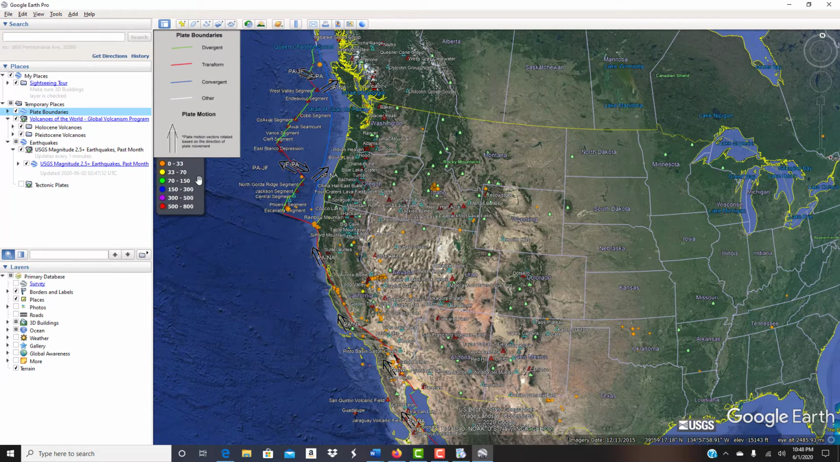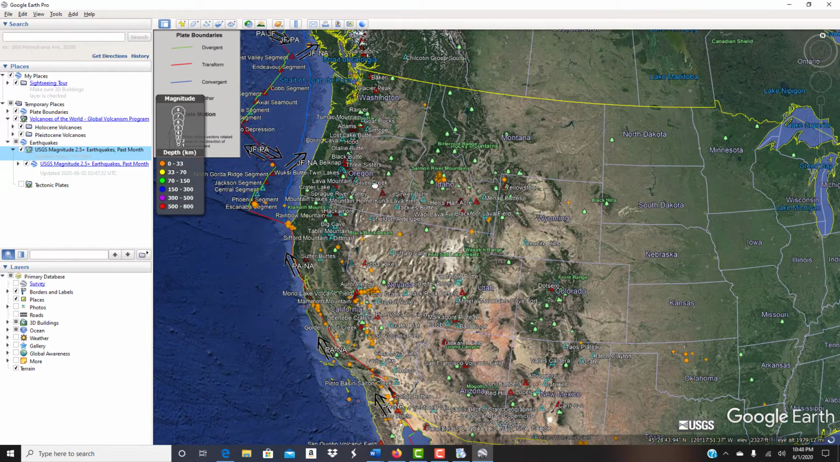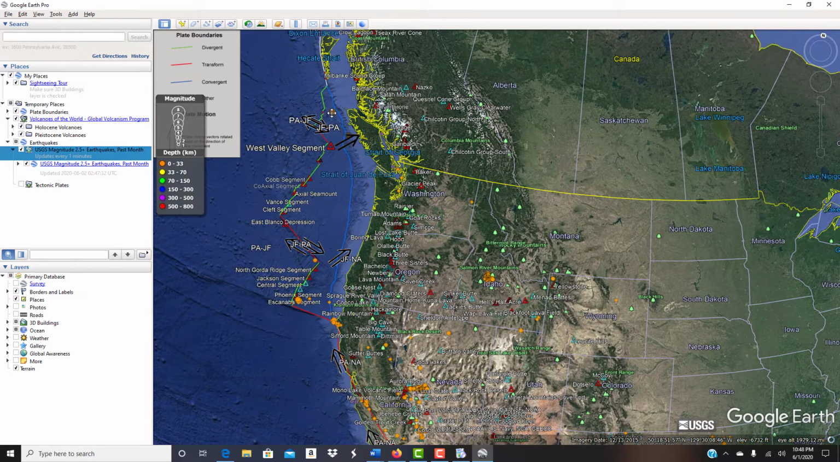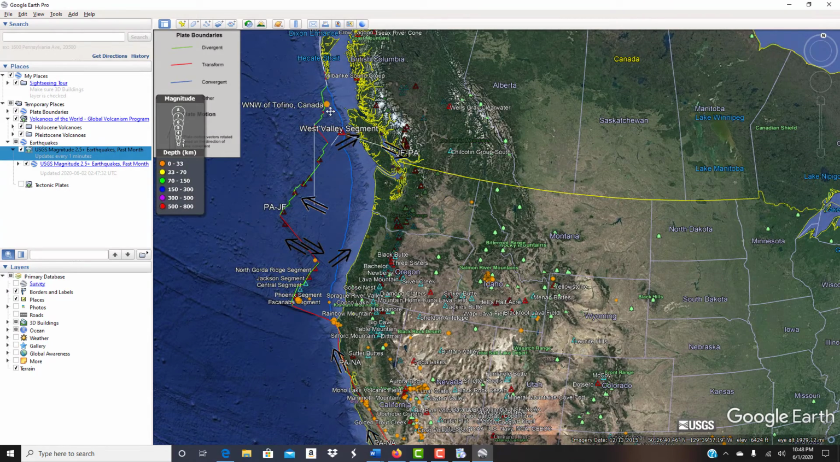But if you want to go back to the legend of the earthquakes, or which one did I turn off? The earthquakes are on. But if I turn it off and turn it back on, then that's the top. So either way you can. Now, if you go on to the earthquakes, like there is one right here, and click on it, it will tell you that it was a